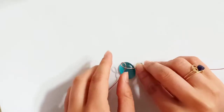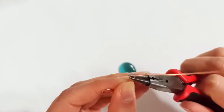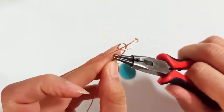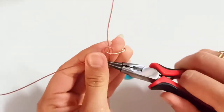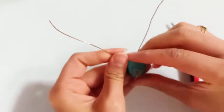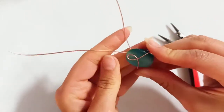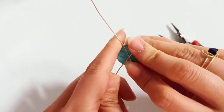Then put it on your stone and at the width of the stone make two bends with your round nose pliers, or you could just put it on your stone and then make two bends. Okay, then insert your stone into that frame and start to make bends on both tails